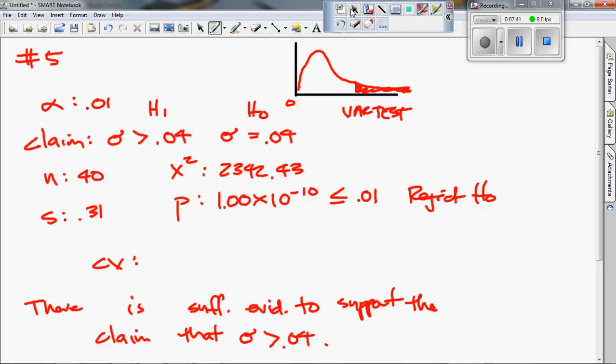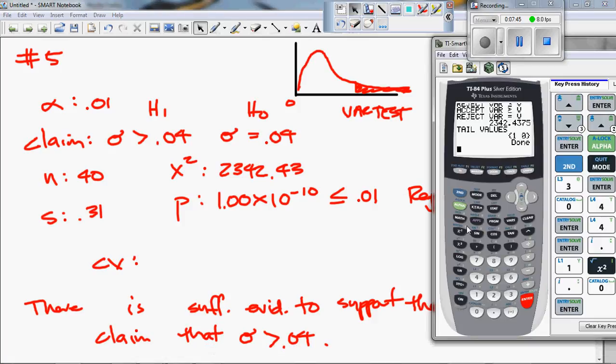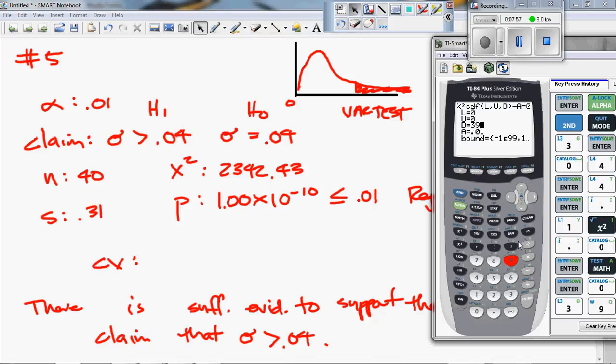Lastly is our critical value. So we go back to the equation solver, math, press up to get to the equation solver. Again, the lower boundary should be 0. The degree of freedom for this problem is 1 less than the sample size, which is 39. Alpha is the area between 0 and this critical value right there. This area to the right is 0.01, so that means the area to the left between 0 and that critical